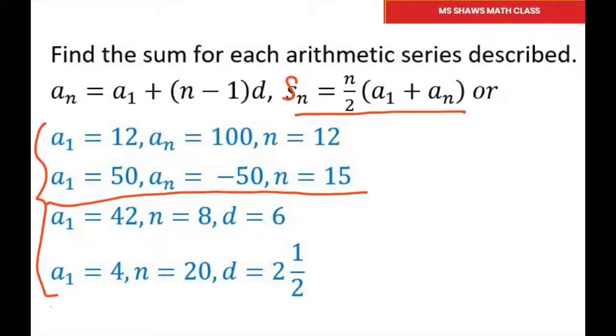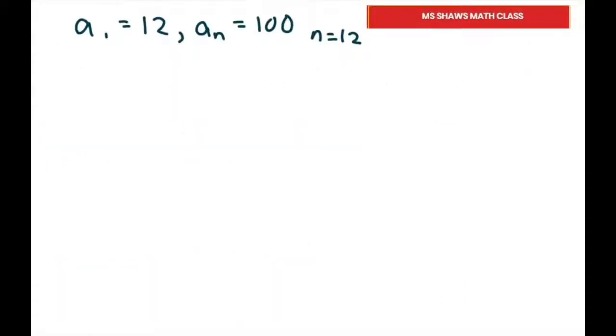The second 2, they give you the distance, so we're going to use this formula and solve for our a sub n, because that's what's missing, or last term there. So let's get started. So the first one, we just plug it in the formula,